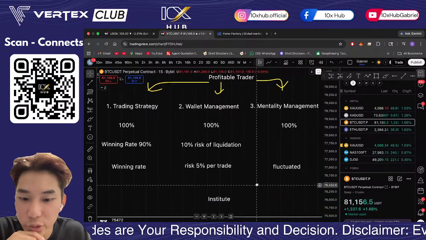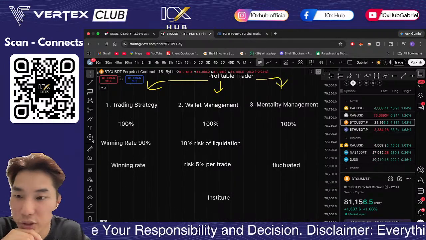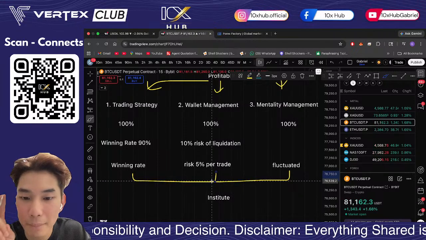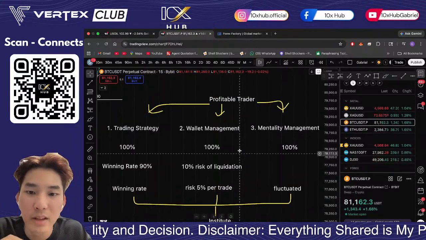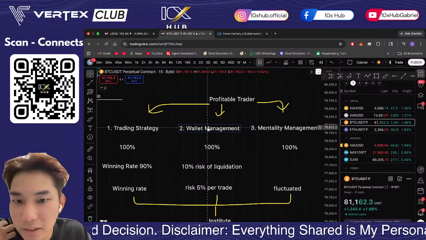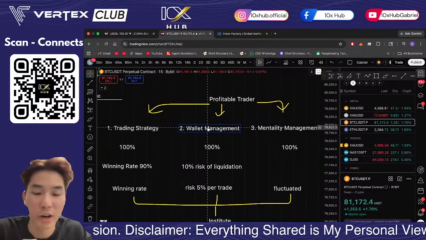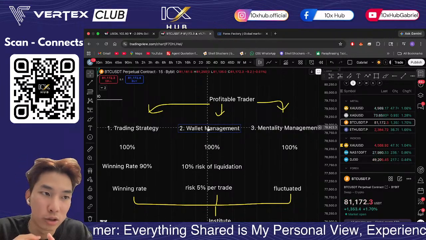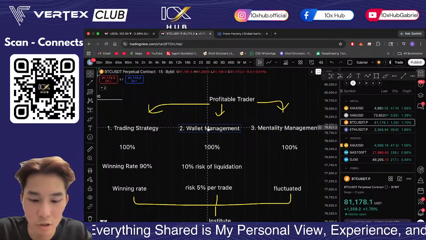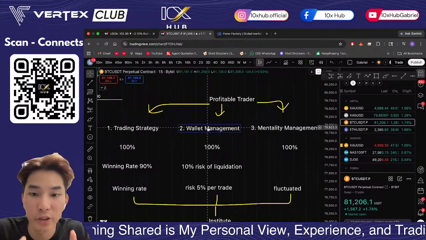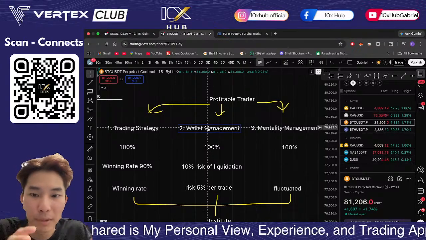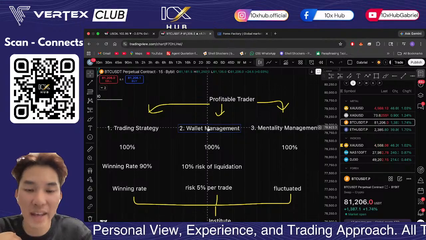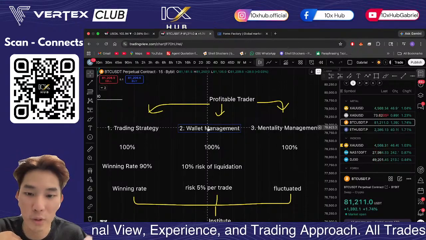If we are looking at an institute or a financial hub, these three big pillars are actually three departments. If I'm the department of risk management, I will mention one thing: today, there is a lot of news happening right now, so try to limit your trade to 20 to 50 lots. You cannot open more than 50, and you cannot open less than 20, because the risk manager has already analyzed what is going to happen in